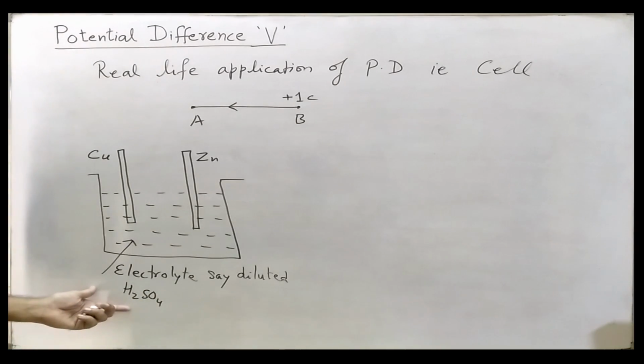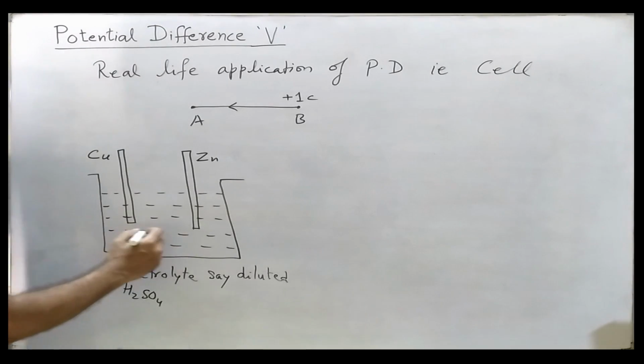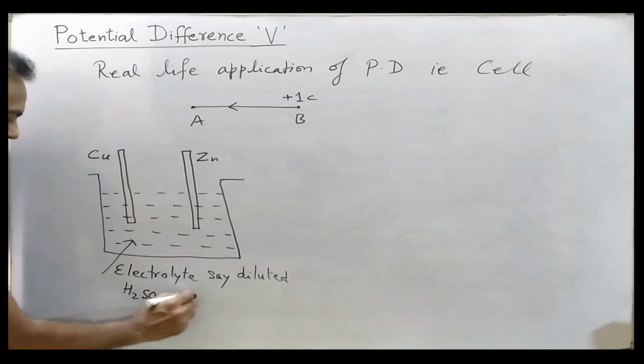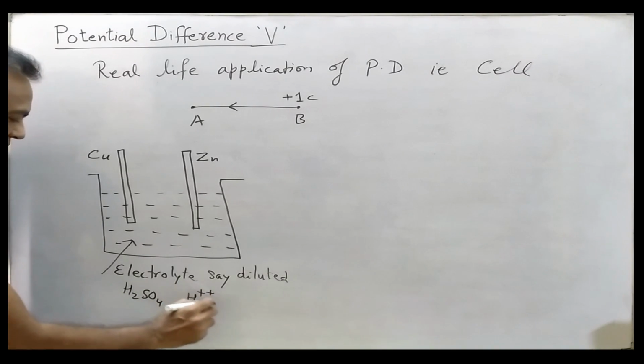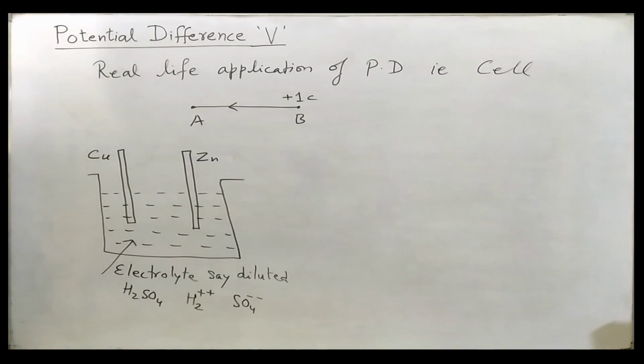This diluted H2SO4 exists in the form of positive and negative ions. So what are those ions? These ions are H2 plus and SO4 minus. So what happens in the cell? These H2 ions